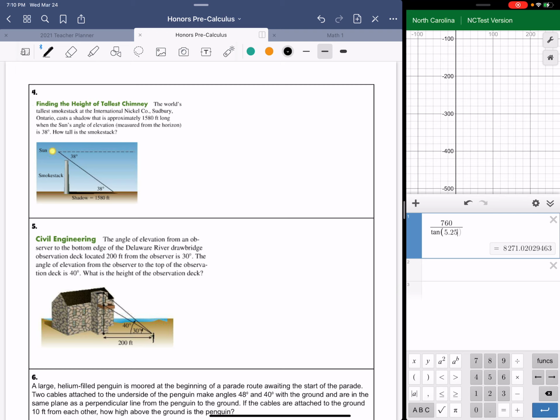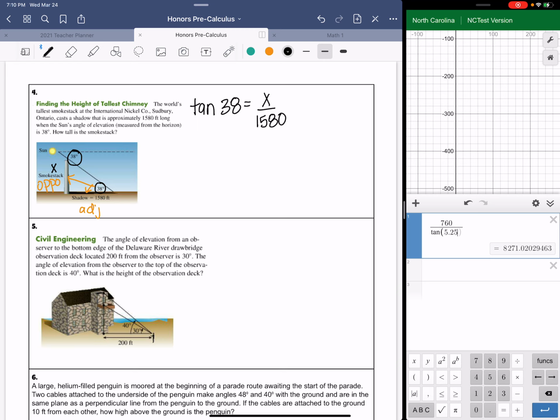that house? So this right here is actually the sun looking down. So this is actually the angle of depression, but we should know that the angle of depression and the angle of elevation are the same. So they want to know how tall this smokestack is. Opposite of 38, we have x, then we have adjacent. So again, we're going to be using tangent. So the tangent of 38 equals x over